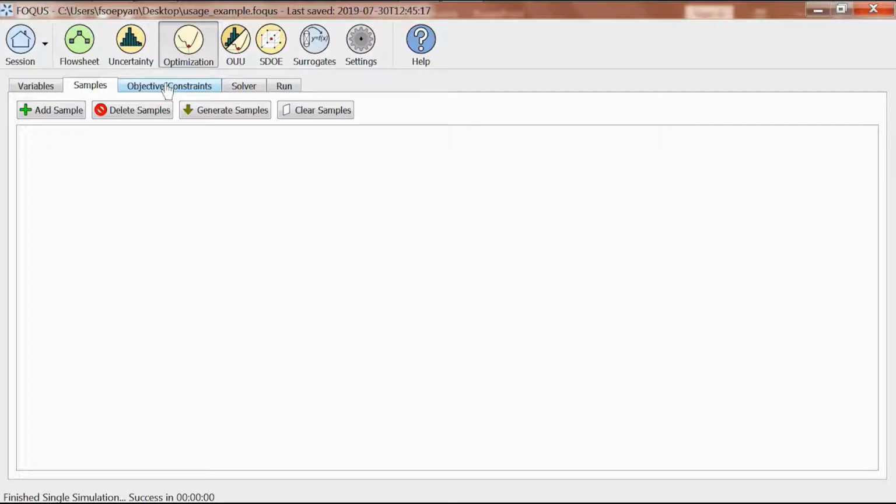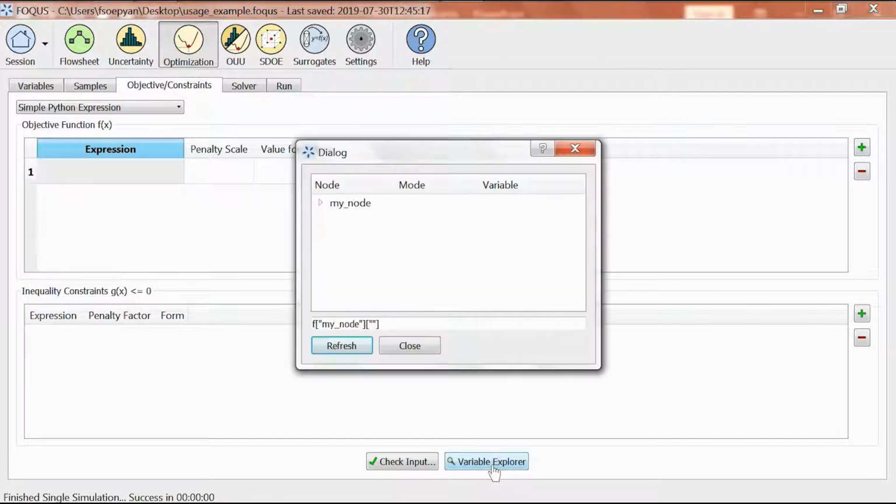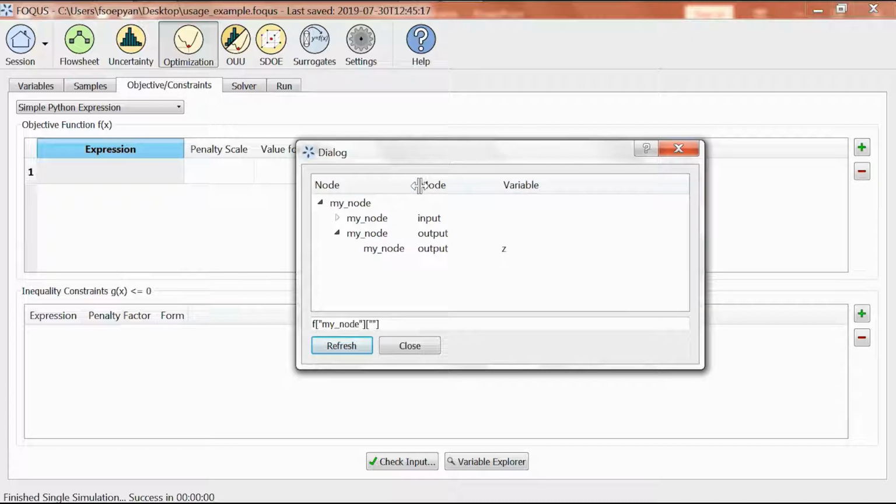Okay, so the next step we're going to do is go to our objective function, and we're going to type in our objective function as a simple Python expression. So to insert a new objective function, we click the green plus button here, and we type in our expression. In this case, one of the easiest things we can do is go to our variable explorer, go to my node, click the arrow, and then click the arrow next to my node output, and we select